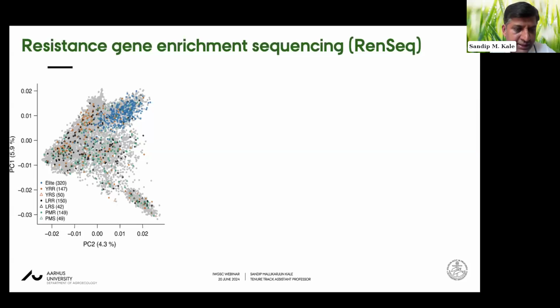And from our data also, we found that a single assembly is not enough, and also it's not possible to develop hundreds of chromosome-scale assemblies. That's why this resistance gene enrichment sequencing, which aims to capture only the NBS-LRR part, is efficient for identifying those resistance genes. So we did this resistance gene enrichment sequencing of all these 800 accessions